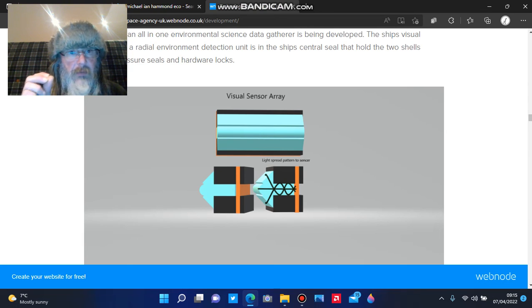And it's also a visual sensor array, so the whole spaceship will have full 360-degree vision around the central part of its actual build. So when it's out in space, it will have a full 360-degree angle of full vision. So the light comes in on this section and down